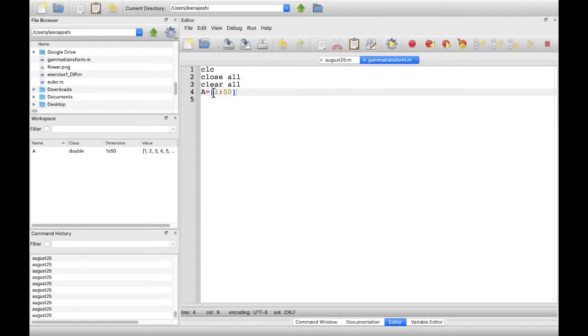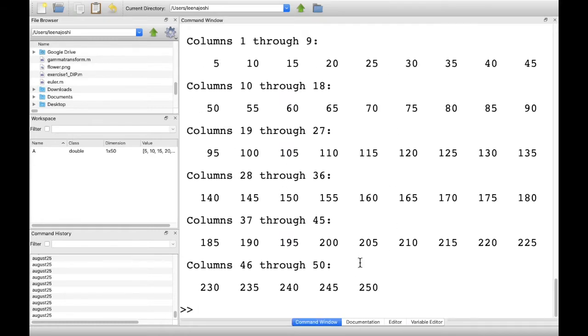I want to increase the value, so I want the last value to be 250. So I will simply multiply this entire thing with 5 and run it. So you can see my first value is 5, last is 250.